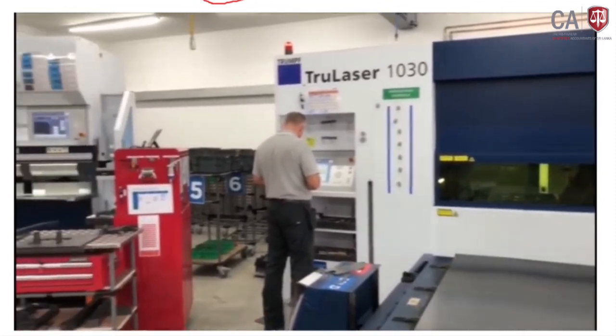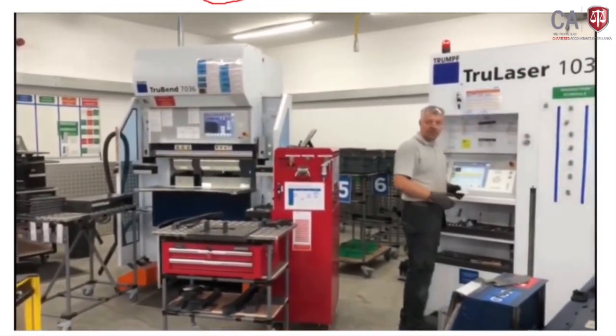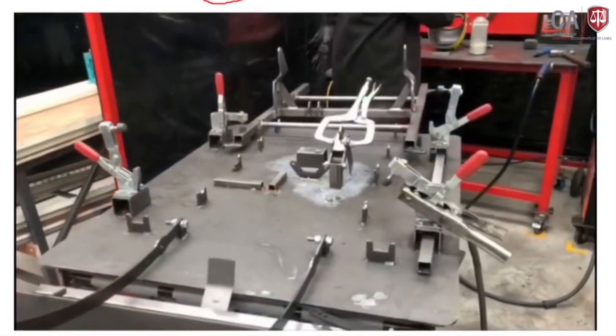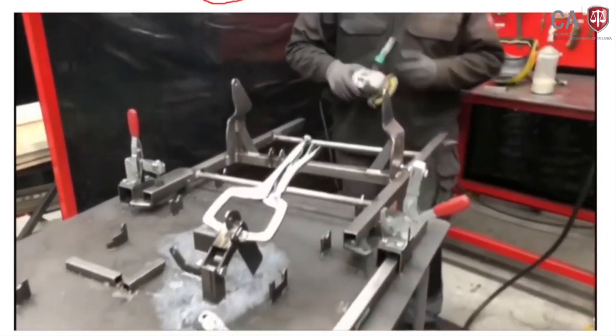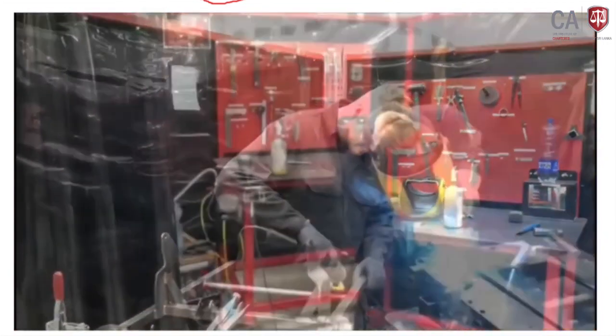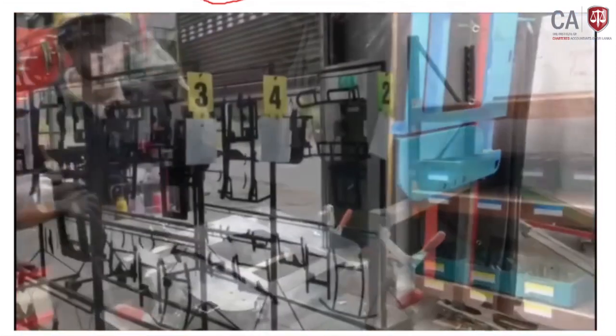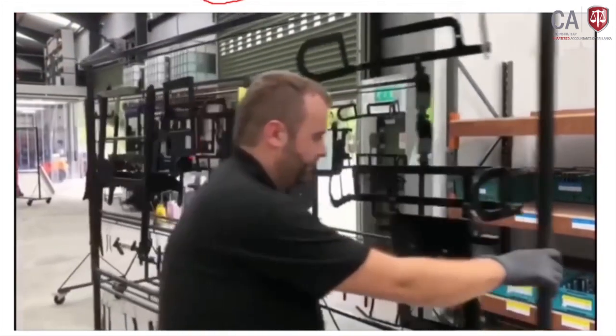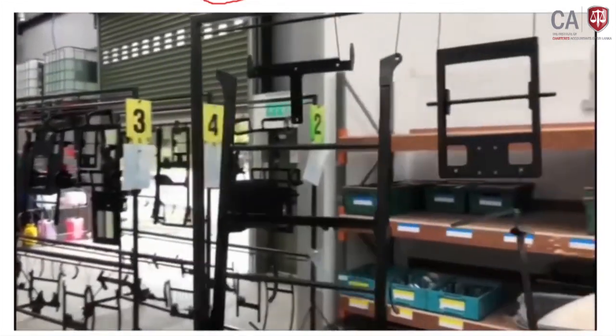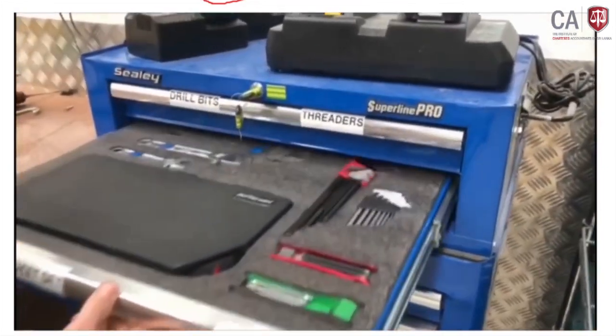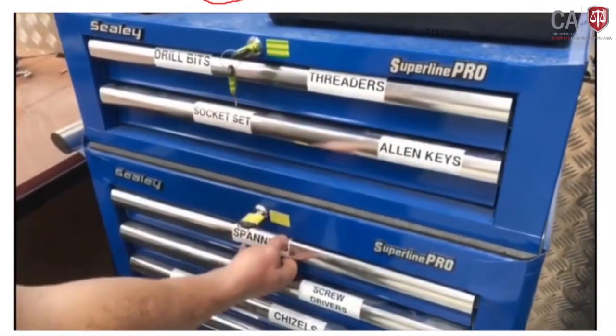This is their Trump laser. Everything is sparkling clean over here, well organized. There's no fall off from all the laser cutting. When you go into the welding area where they have all their jigs and fixtures, everything has been so well thought out, but they're constantly making improvements literally every day. Then the powder coating area, every toolbox has been gone through, sweeping, sorting, and standardizing.